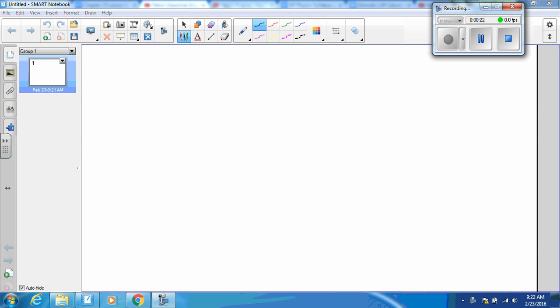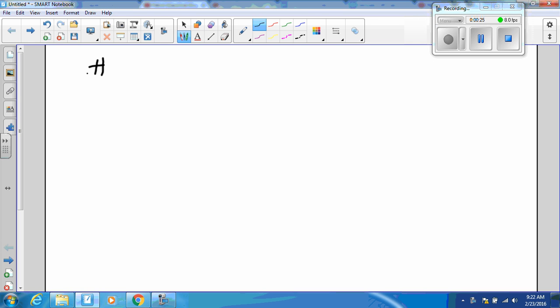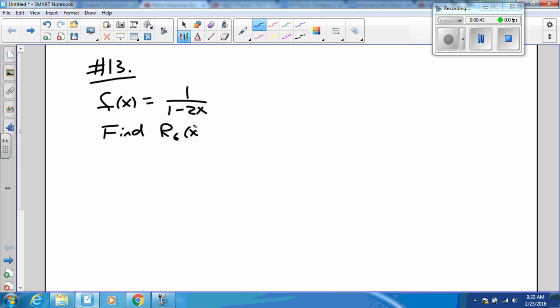Number 13. It was a geometric series one. And so it was 1 over 1 minus 2x. And it was, find R6 of x. Write a formula for that. And so I used 1 over 1 minus x and then plug in 2x. So then I got 1 plus 2x plus 2x squared plus 2x cubed plus 2x again. So that's our T6. And that's going to be 1